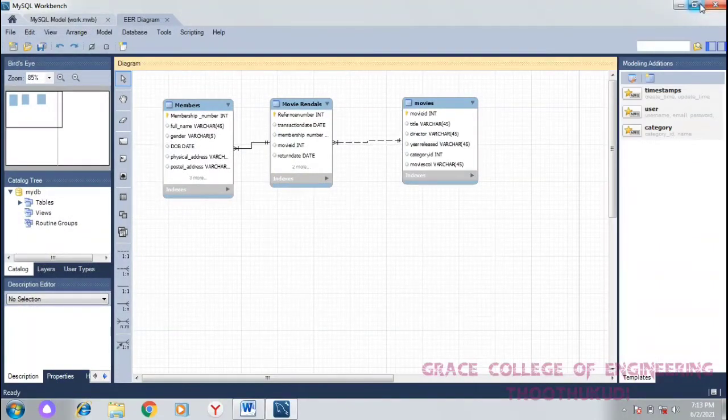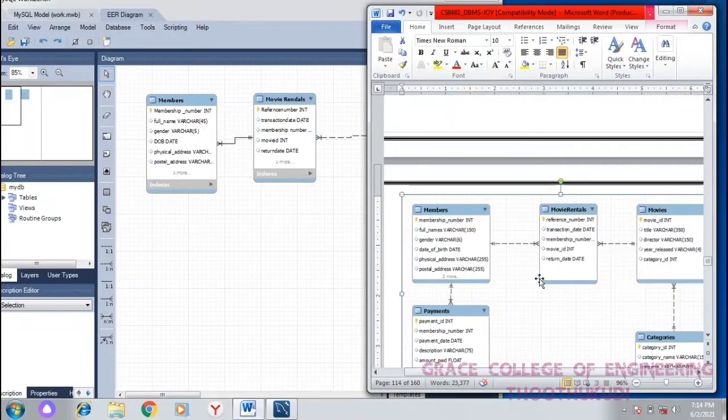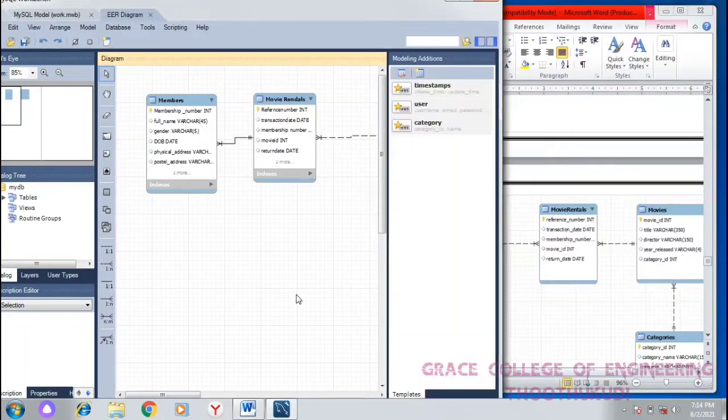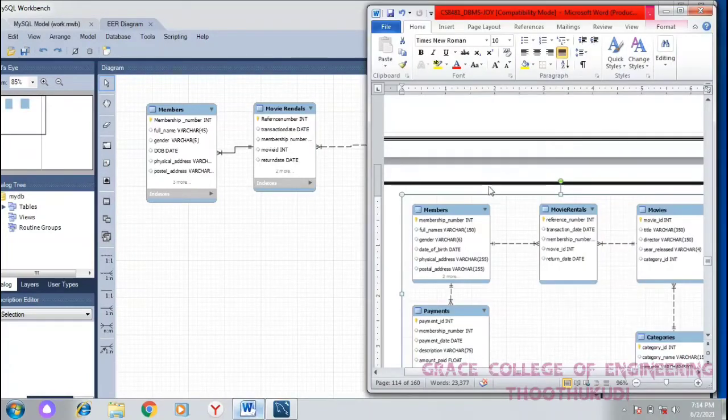The remaining 2 tables are the payment table and the category table. So let's see how to draw the payment table in the workbench. See the left side icons first. On the left side we have a lot of icons.